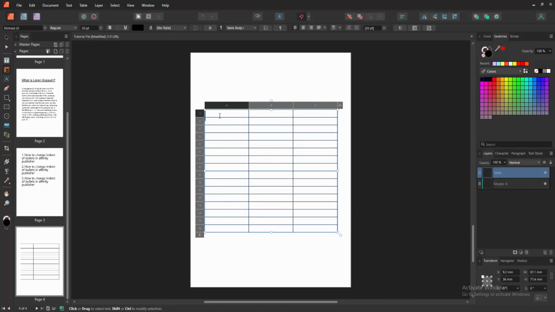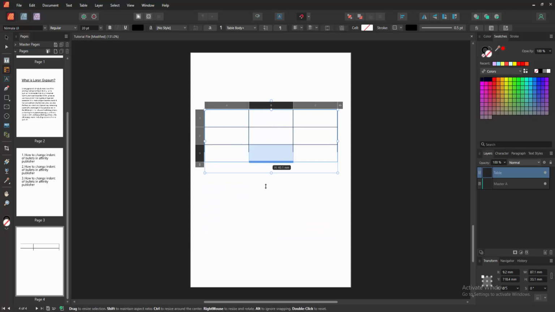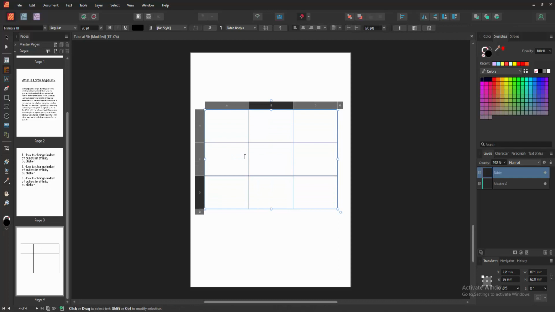Now we want to insert a picture into this table. Firstly, remove some columns and rows. Now I remove some rows. Now I insert row 3, then press Enter and resize the table cell and make it bigger. Then select the picture option or the Place tool option